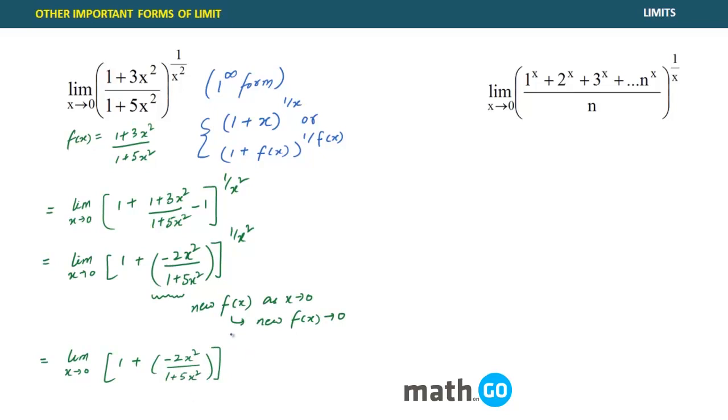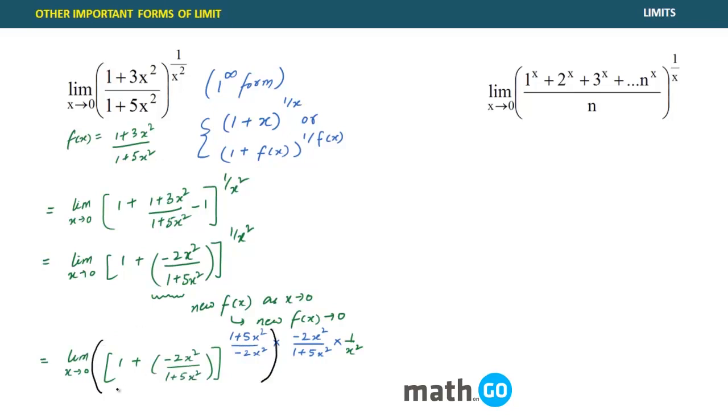Okay, so you wanted something of this sort, 1 plus 5x square upon minus 2x square here, right? So you can do this, not a problem. What I did in this step is multiply and divide by the same quantity in the power, and there is also still 1 by x square left. Can I do this? See, if I talk about this particular whole stuff, up till this component,